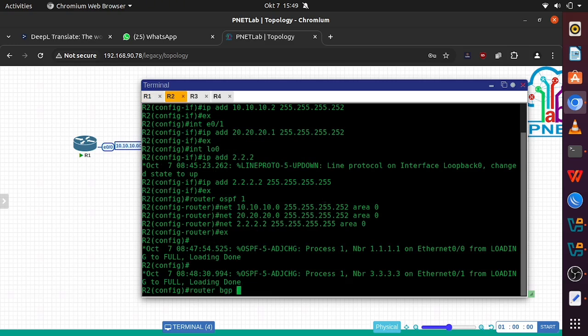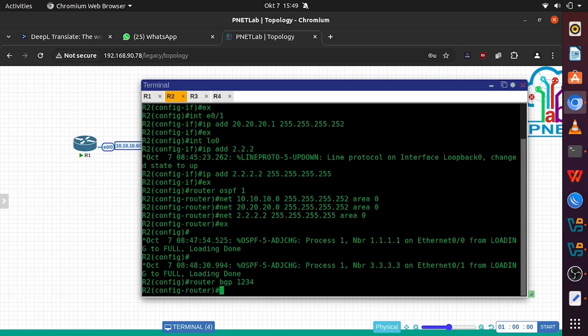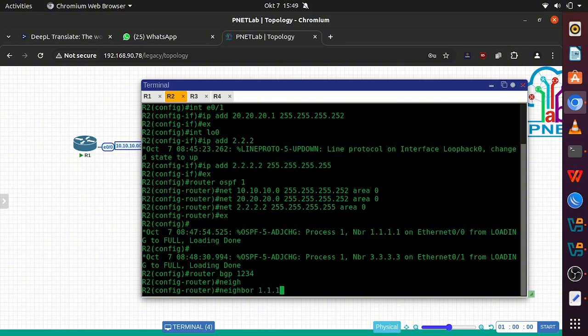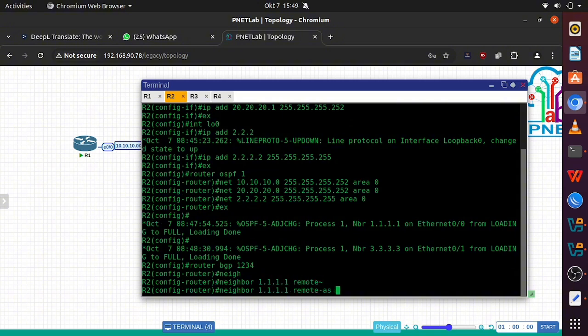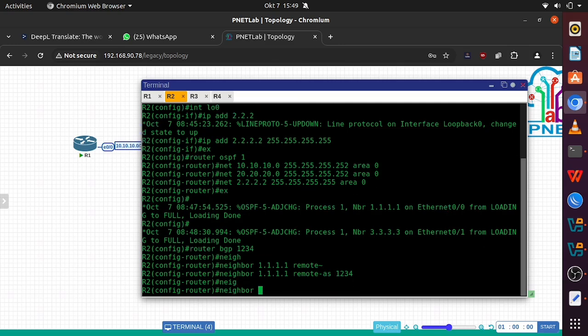And we'll go to router 2, and you can see there is information about routing that OSPF has connected to the other devices.